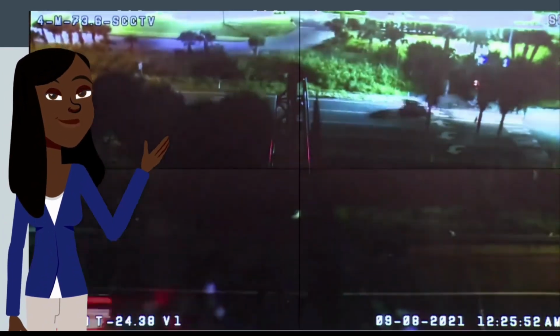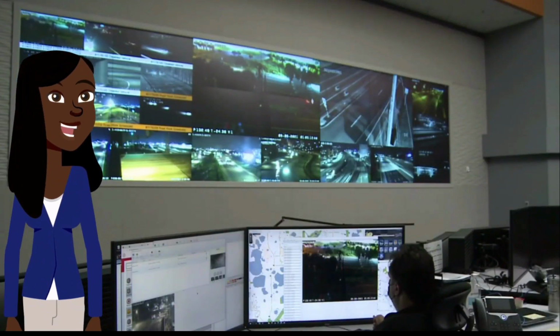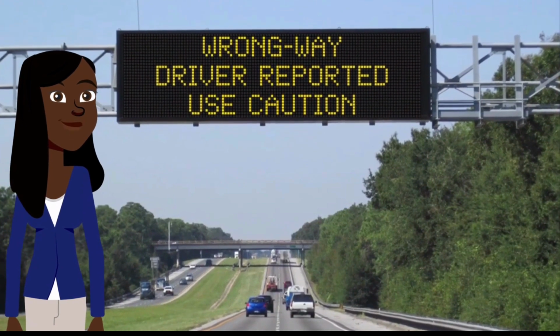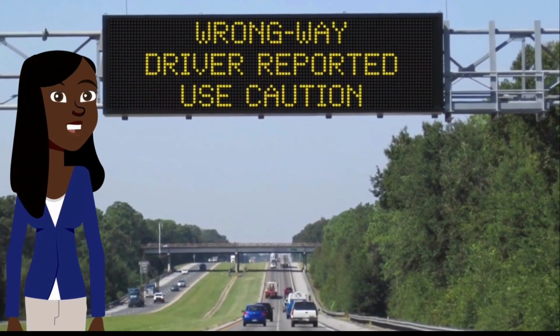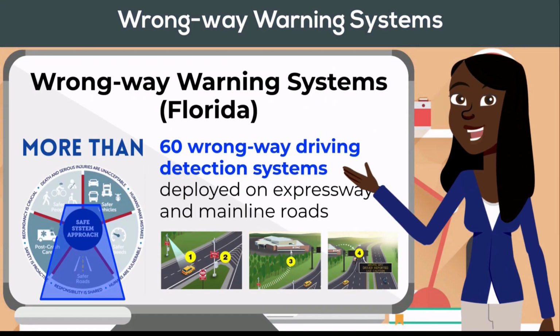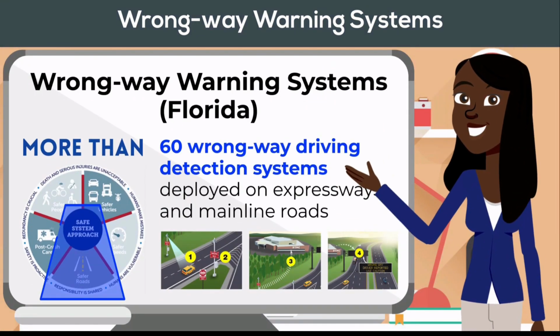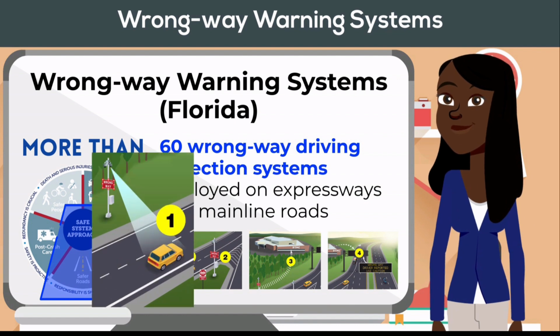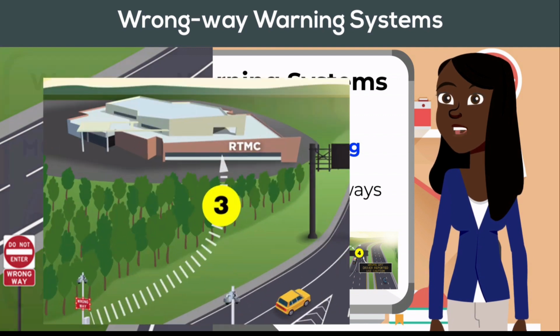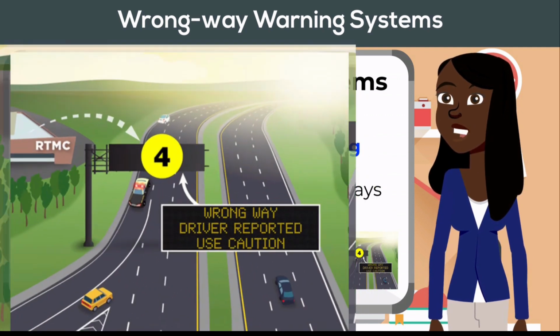These systems can also issue real-time alerts to traffic management centers and law enforcement authorities, enabling swift intervention that potentially saves lives. In Florida, there are more than 60 wrong-way driving detection systems deployed on expressways and mainline roads. These systems: 1. Detect vehicles, 2. Trigger lights, 3. Notify officials, and